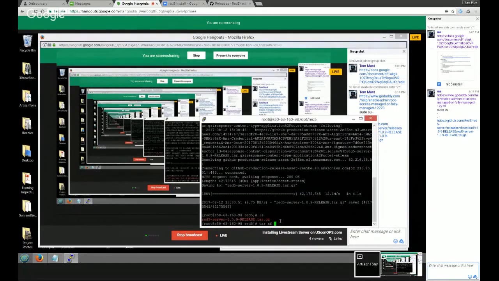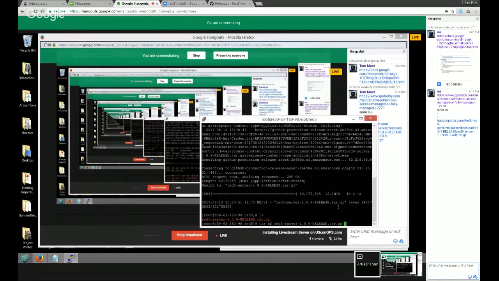Tab. Yeah. So that's literally the only file in the directory. Okay. And now, if we pressed enter, it would unzip that tarball and leave you with another directory with a bunch of files inside of it. But because we already have our red 5 directory and we want to extract this into the current directory, we